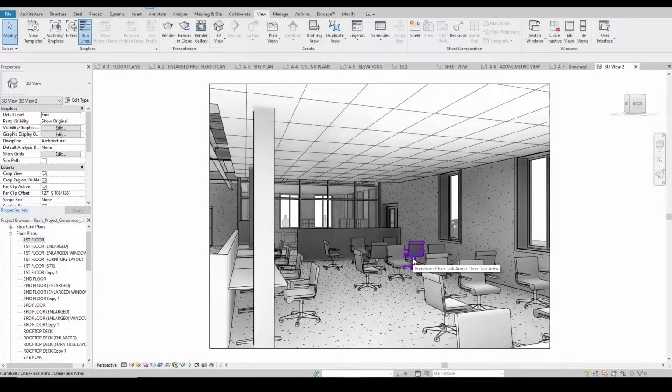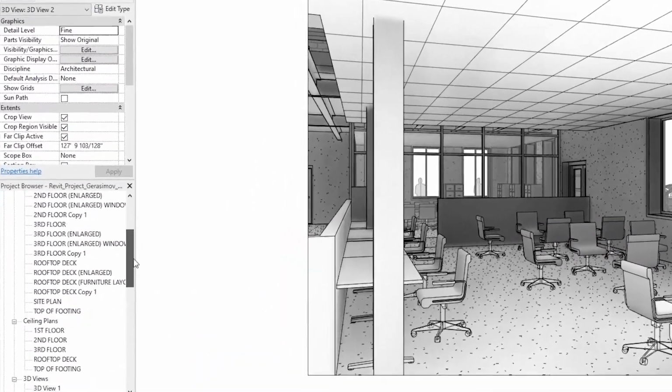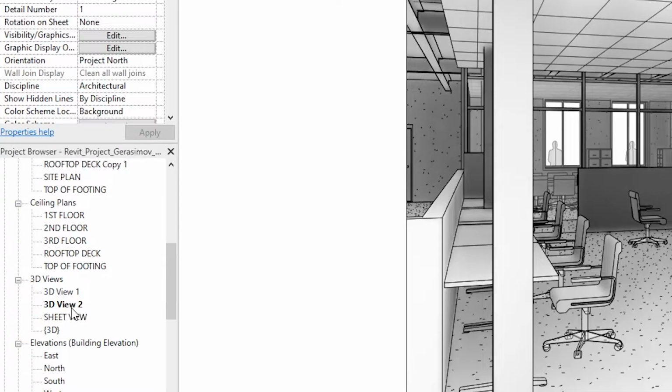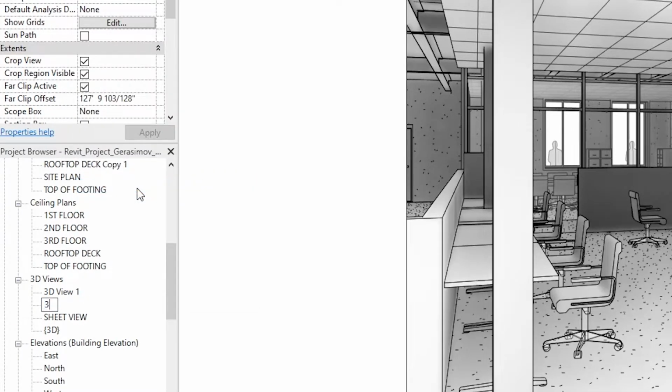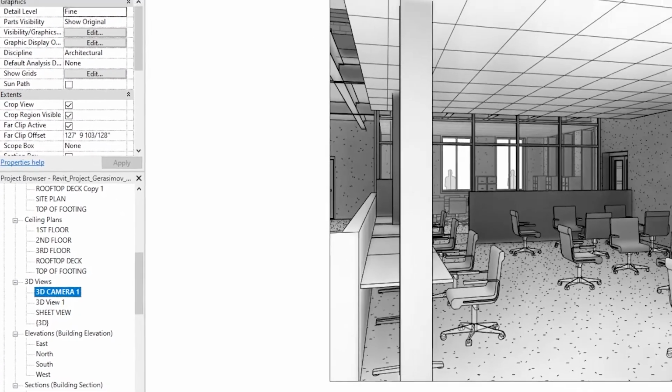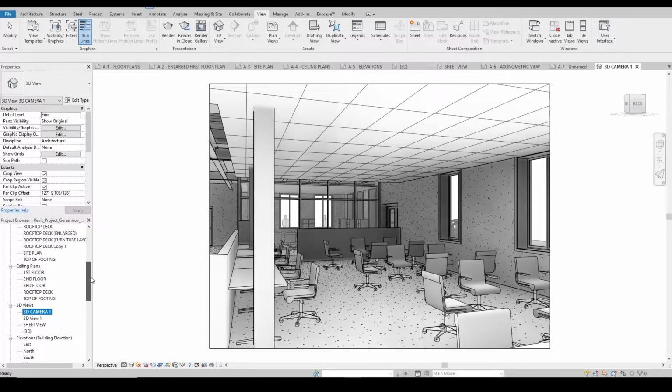Now we have created this view and we are able to see it under 3D view number 2. Let's change the name to be 3D camera 1. Another view that we would like to create, if you go back to the same first floor,